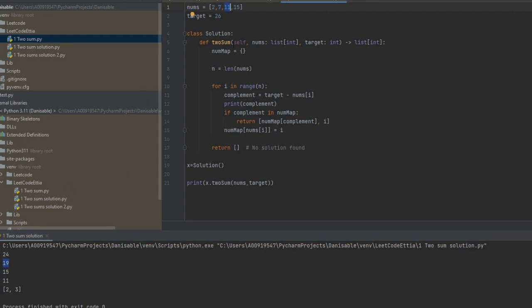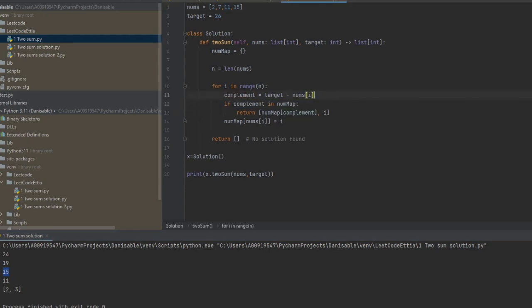The complement is target minus 11, and it's going to be 15. 15 is the answer that we are looking for. So if there is a complement in non-map, we are going to return the value that we want. So let's continue. I will remove this print,